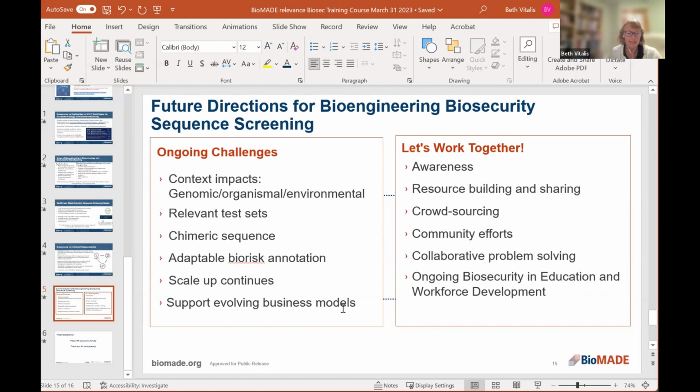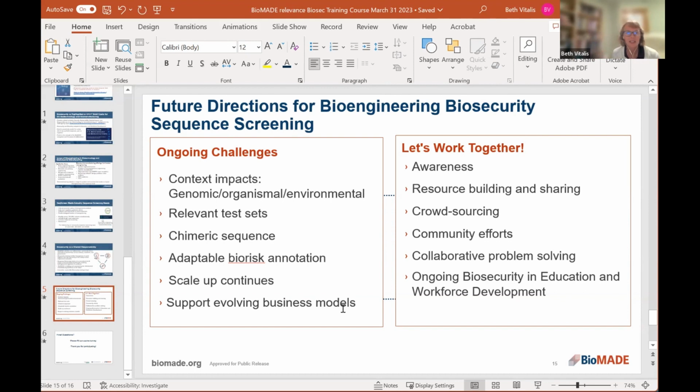Test sets are always needed, more complex test sets to train the algorithms, and I know there's some effort now to put together some standardized test sets, but that's always an area where we could use more help. And then the chimeric sequence and the handling of that, and I know there's some work you're doing with SeqScreen, but just in general, that's representative of industry applications. There will be these chimeric sequences, and that's engineered, and repair templates, for example, for CRISPR applications, where it's an insert linked by benign sequence. That was case study one.